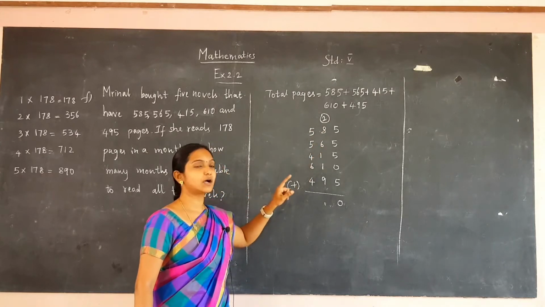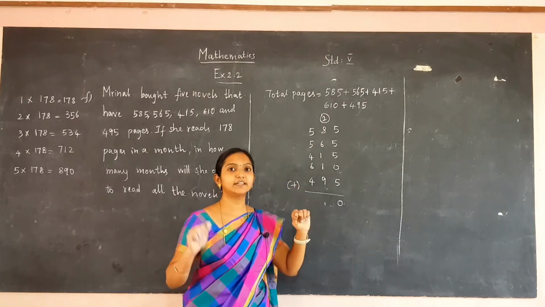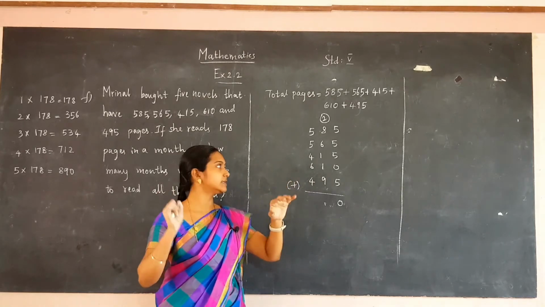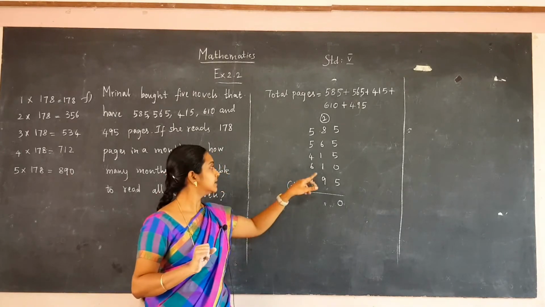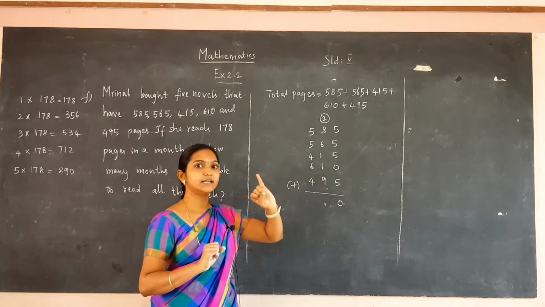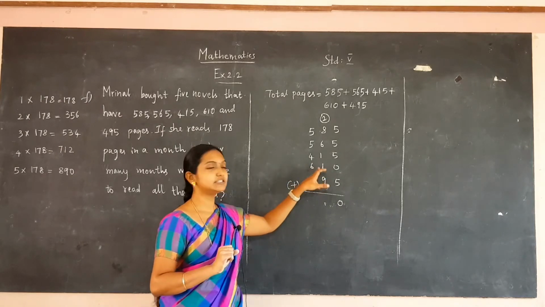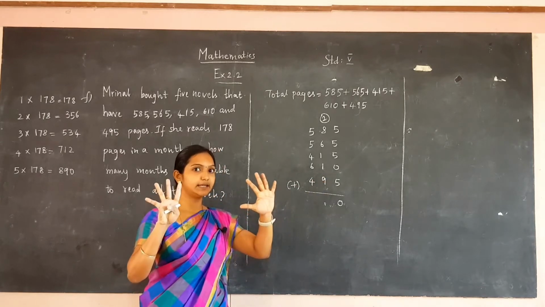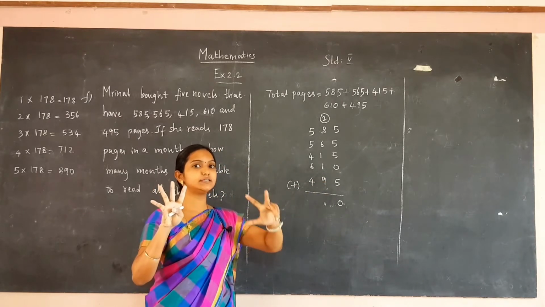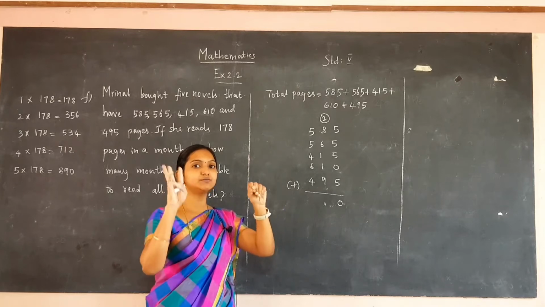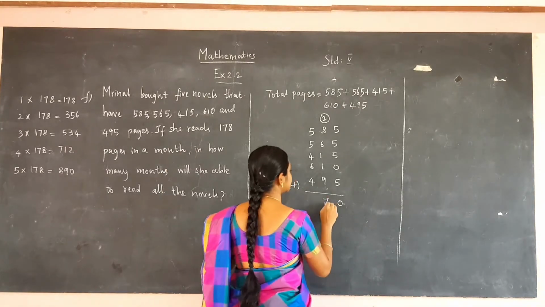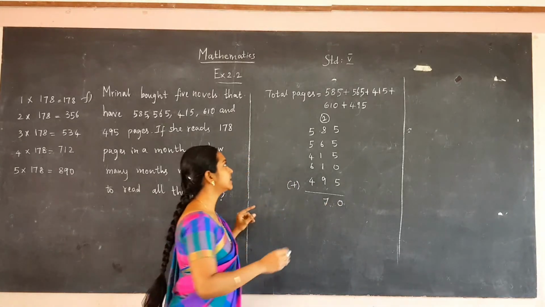Now start counting after 10, that is 11, 12, 13, 14, 15, 16. Now keep 16 in mind and 1 in finger, that is 17. Now 17 plus 1 will be 18. Now keep 18 in mind and 9 in fingers: 19, 20, 21, 22, 23, 24, 25, 26 and 27. Put 7 here and 2 is remaining.